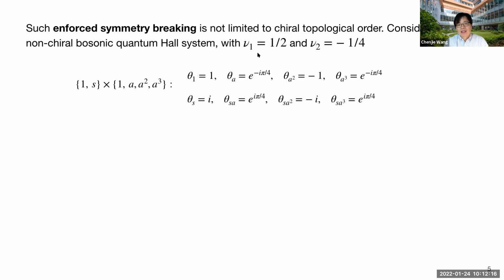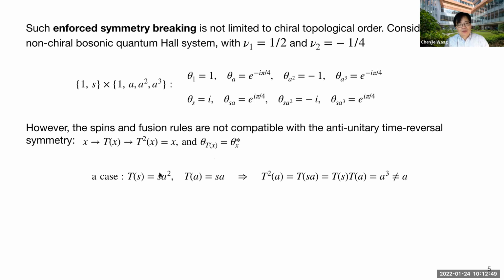This is very much like the Laughlin state, at filling factor 1/2, but with an even denominator, so it's bosonic. This is also a bosonic topological order. I choose the other layer to be at minus 1/4 filling factor, so that when you add them together, the chiral central charge, the thermal Hall conductance that I defined in the previous slide, is actually 0. But you can find that this complicated topological order is incompatible with time reversal symmetry nonetheless.